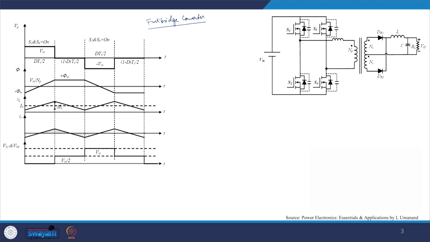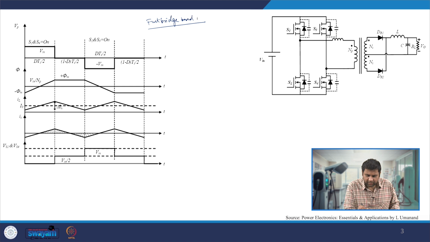We use the MOSFET so that we can go for very high frequencies, and because of that we will have some advantages. We can utilize some of the good advantages of this converter. So now let us see a simple operation. Since we have 4 switches, we can modulate them in different manners. So we will see the first simplest modulation. We can say full bridge based isolated DC-DC converter, that's the most apt.